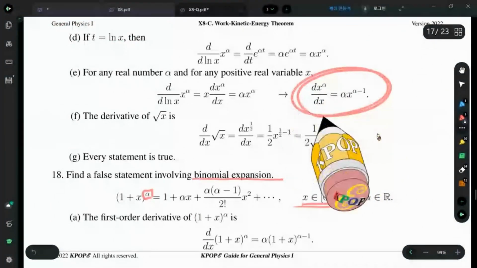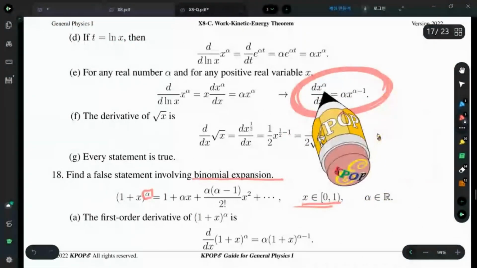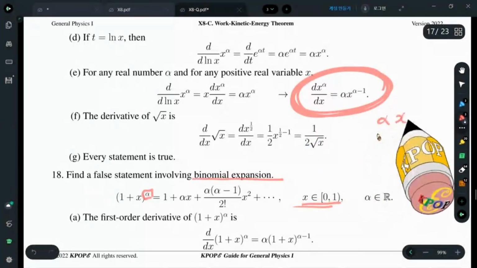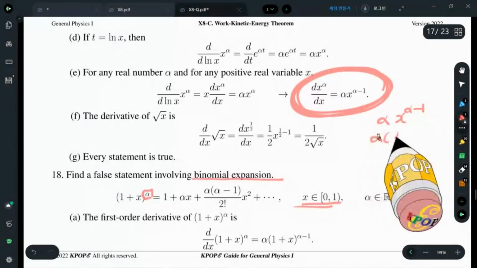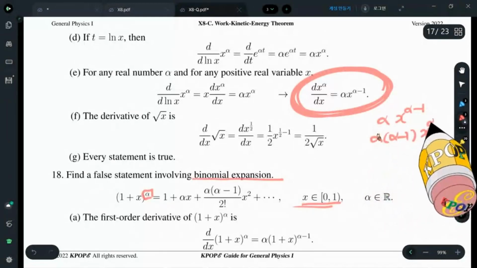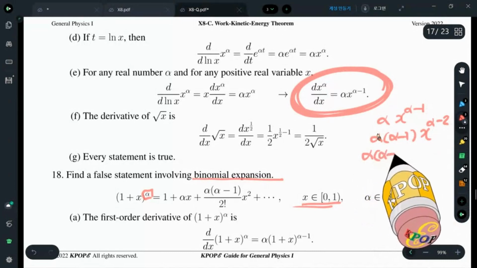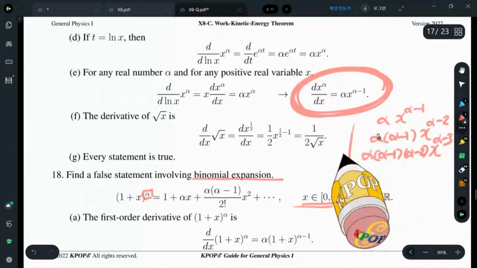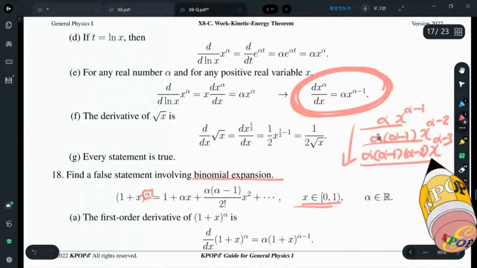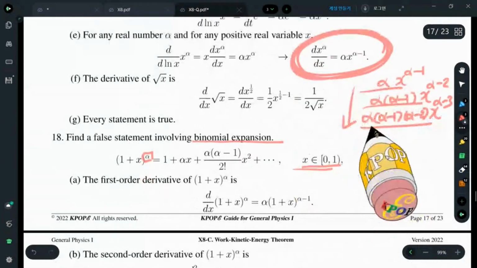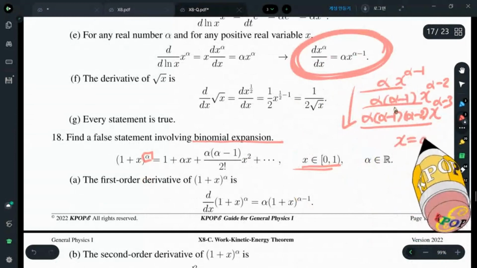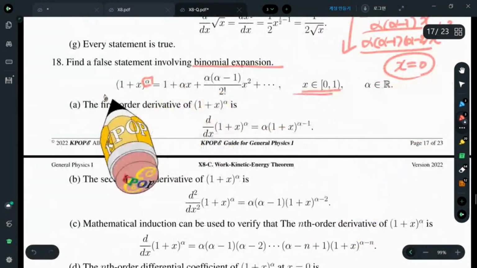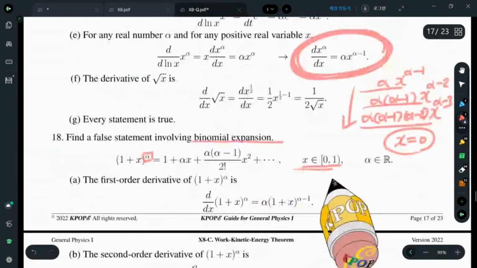So finally, you have the derivative of this, and if you repeat the derivative, what you get is: the first order derivative is this, the second order derivative is this, and the third order derivative is this, and so on. So now you can find derivatives at x equals 0. So we can make a Taylor series expansion of this binomial expansion. That gives